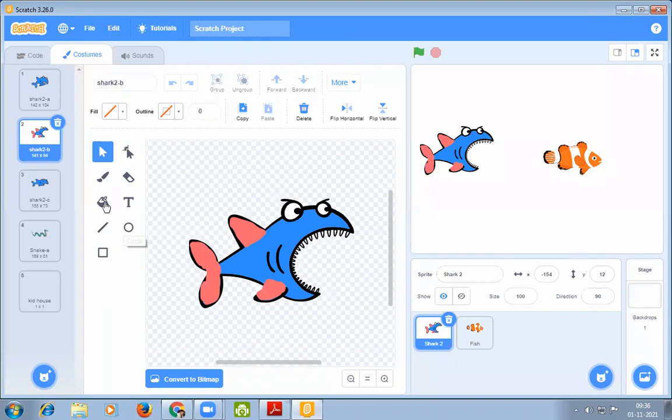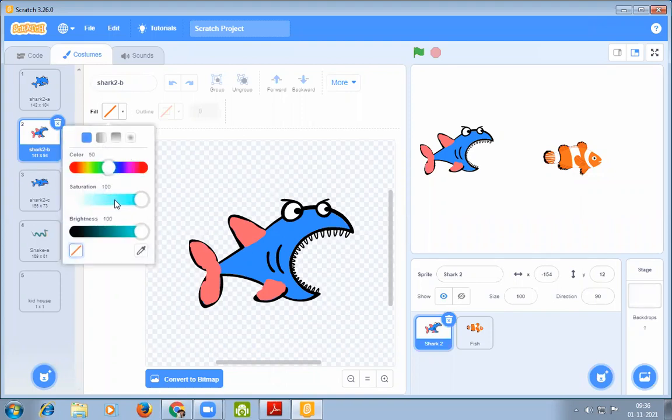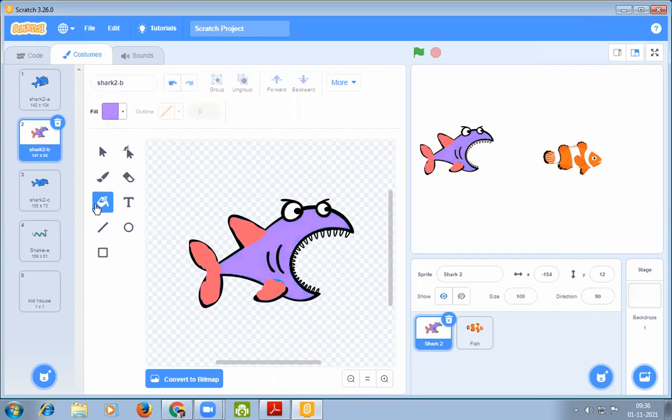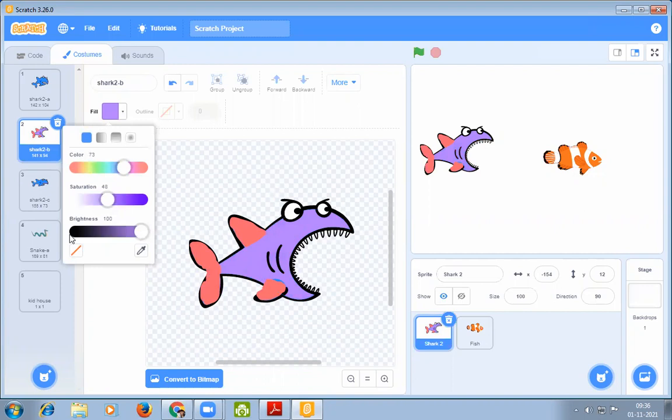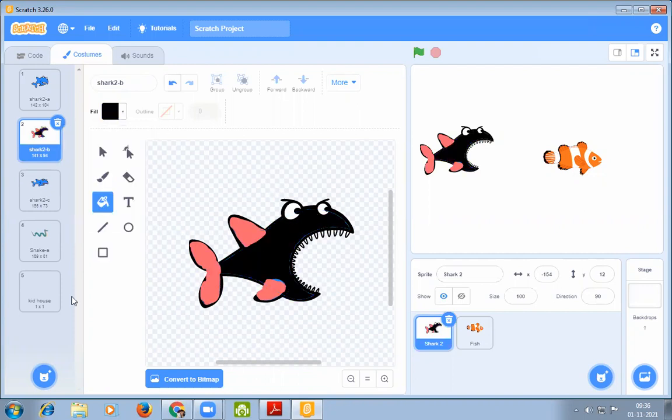Okay, for example, you can just click on fill color tool, choose the color from here, then look here, the color gets changed. Yes or no? Again, if you want to make it darker, the shark's color gets changed.